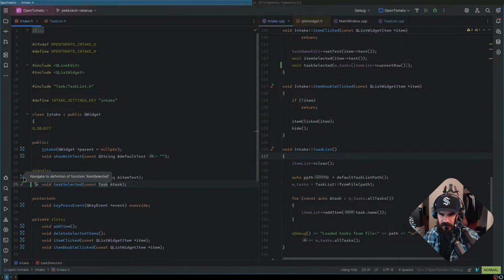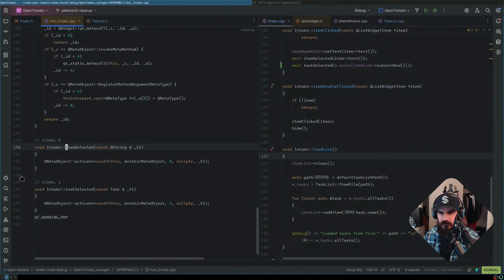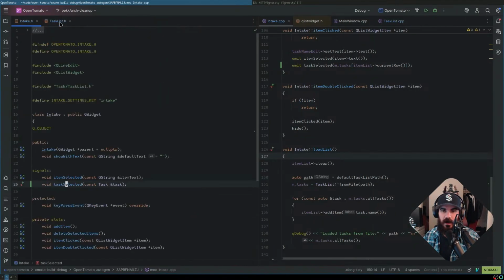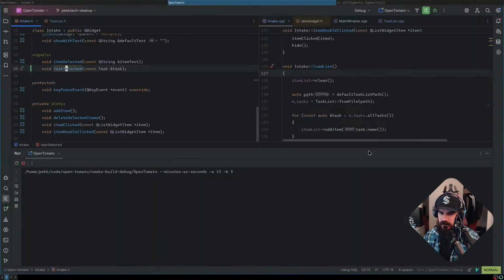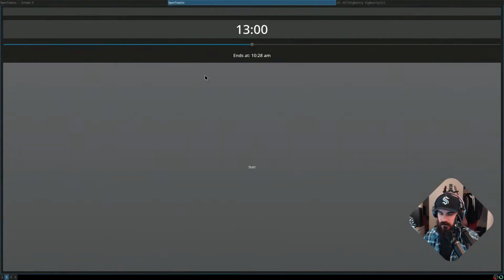What the heck does this mean? Navigate definition of signals. Oh, mock. It's in the mock file. I didn't know mock files were used.